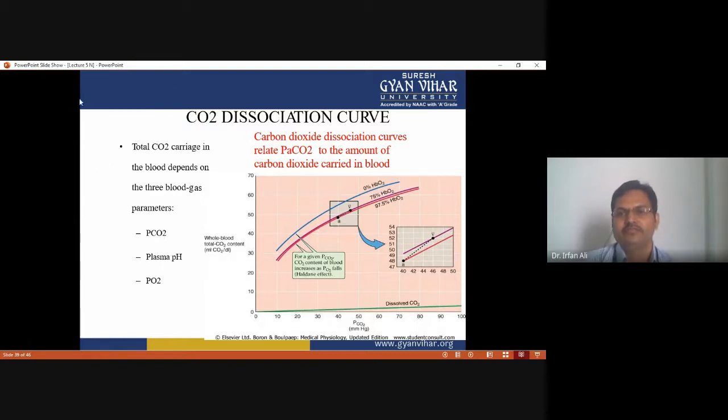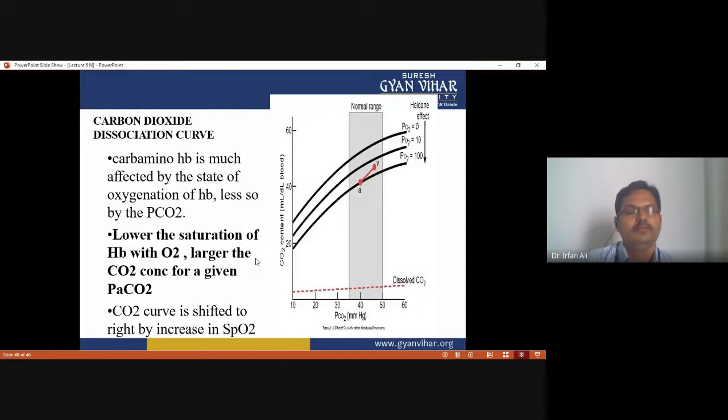And as you can see, when 0% HbO2 is there, the oxygen-CO2 dissociation curve follows this path. When 75% HbO2 is present in the blood, the carbon dioxide dissociation curve follows this path, and when 97.5% HbO2 is there, the carbon dioxide dissociation curve follows this path. Okay, so this shows that